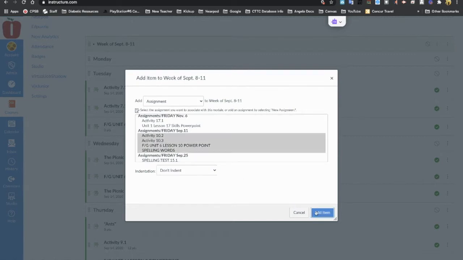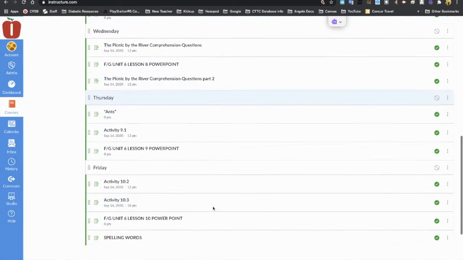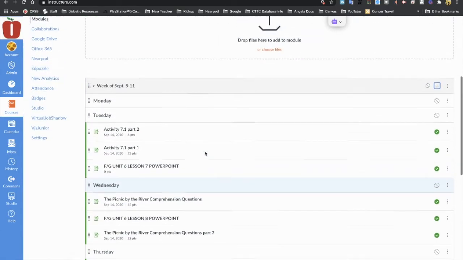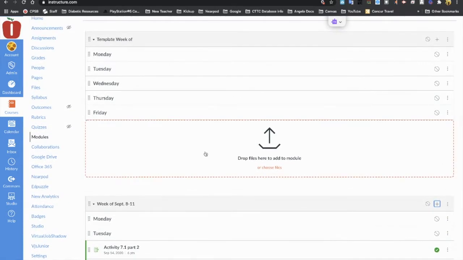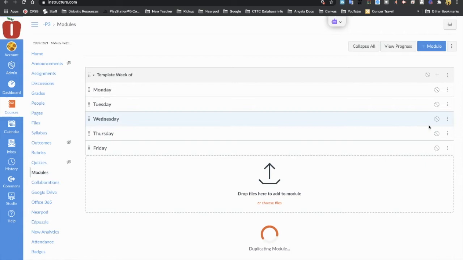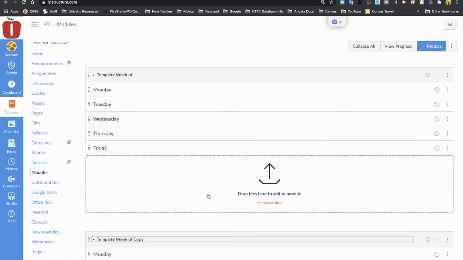and add. And now we don't have to move those at all because they automatically go to the bottom of that module. So then we have all of that week done and taken care of. We can come over here and we can say duplicate, and we can add a new week,